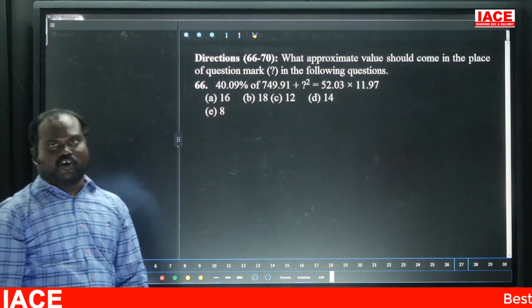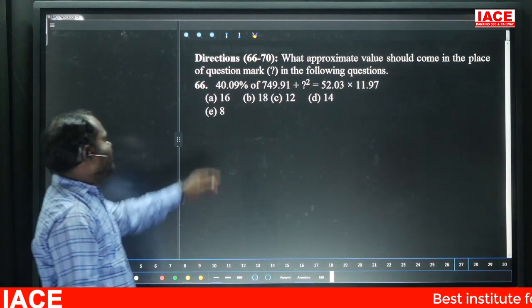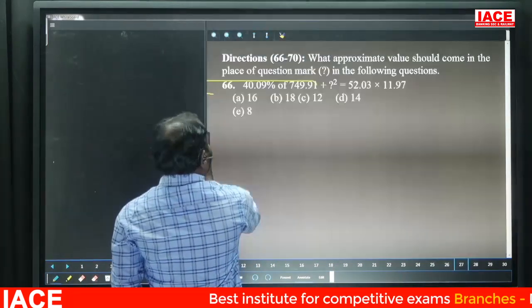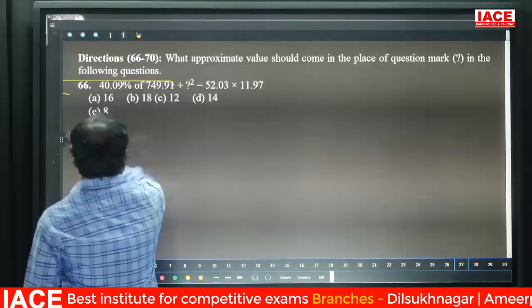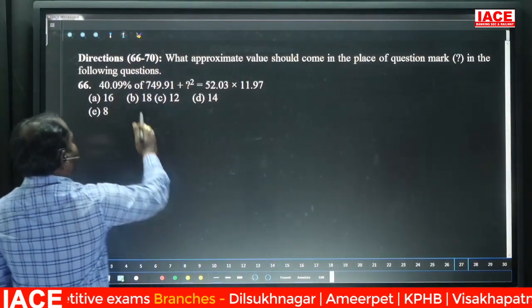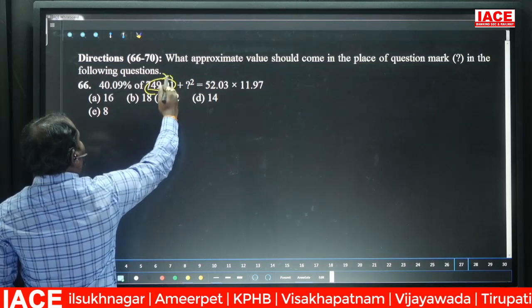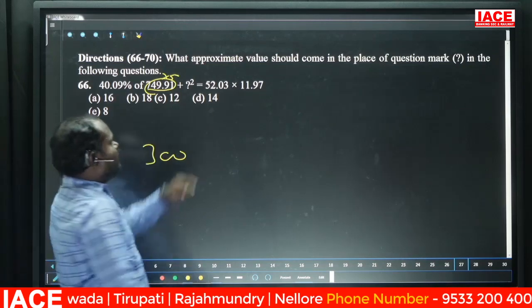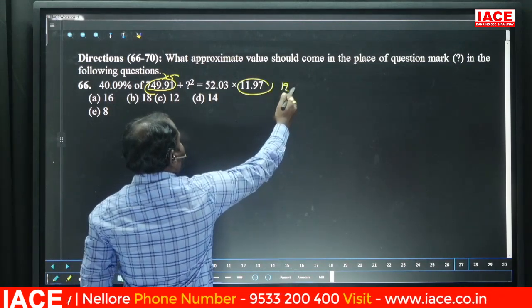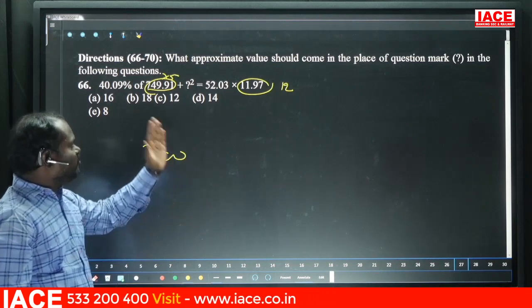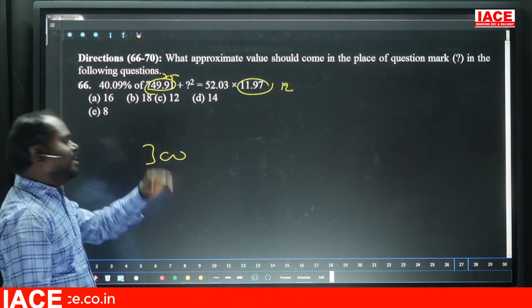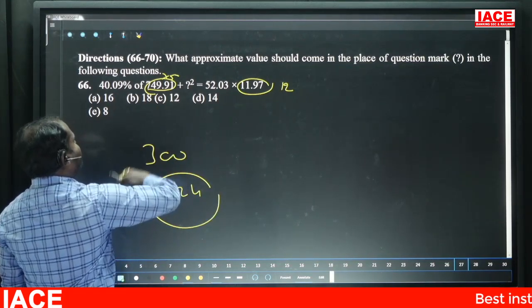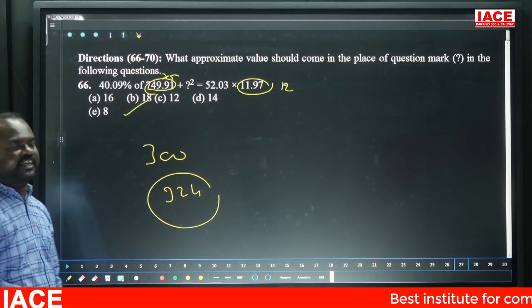66 to 70, approximate values. 40.09, take it as 40%, take it as 750. It is 750, take 40%, nothing but 300. 52 into, make it as 12. 52 into 12 is 624. 624 minus 300 and 324 will balance. 324 is nothing but 18 square. Option D, 18 square. Next,